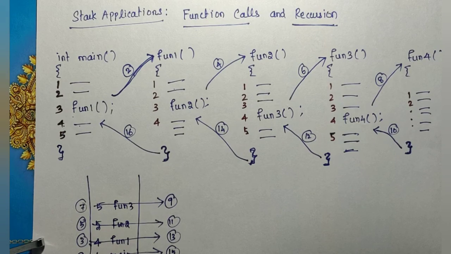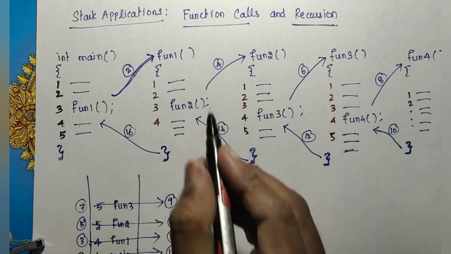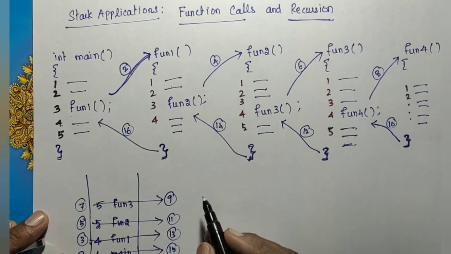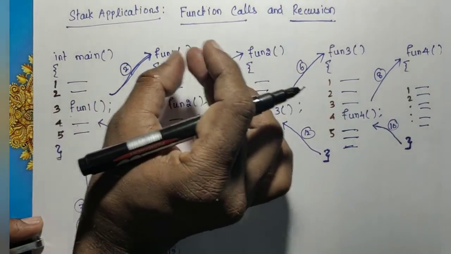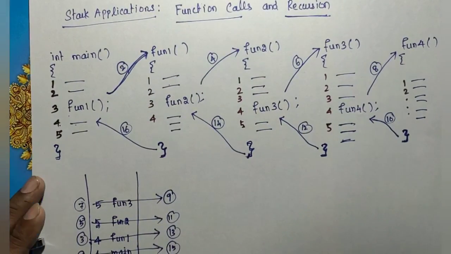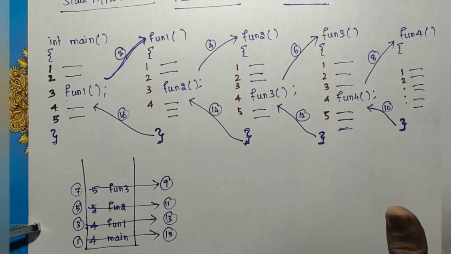So whenever that particular function call is over, it refers to the stack: where I have to return, what values have to be restored. Everything will be referred from the stack, so that based on the stack information it will return to the caller, that is the parent, and then restore the parent's variable values. So just understand, there is no need to read any algorithms, how they explain how the stack is used in function calls and nested function calls with this example.